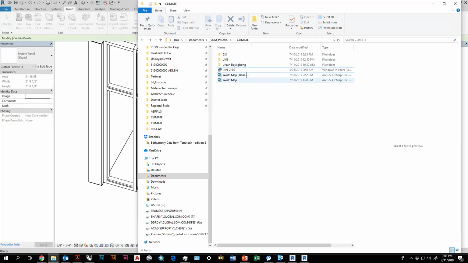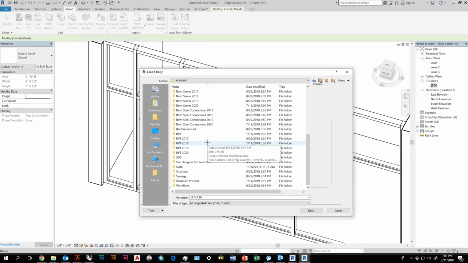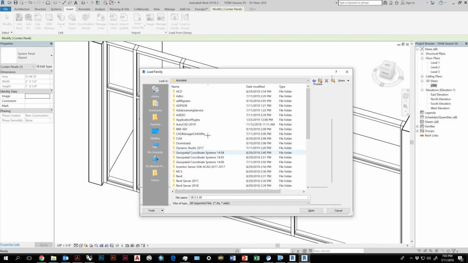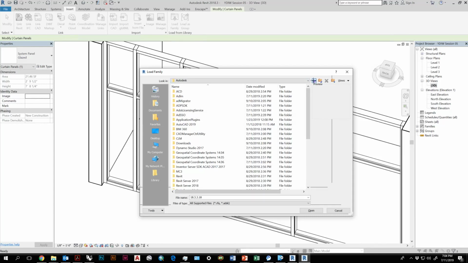Okay, well, I can't find where the families are located. But for you, you'll probably be able to find it when you click on Load Family. The library should be the first file that it goes to. So I'm not quite sure why it's shown there.